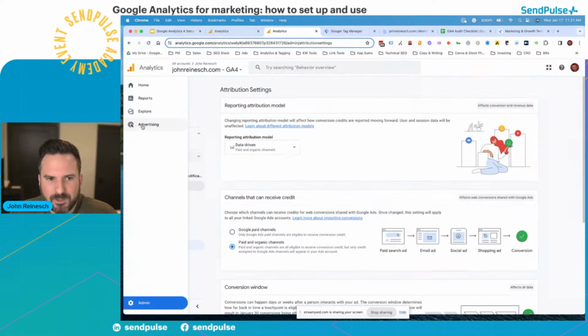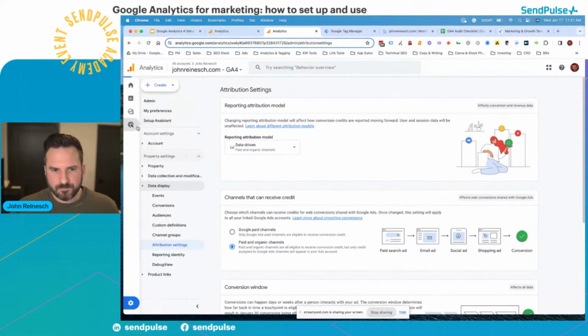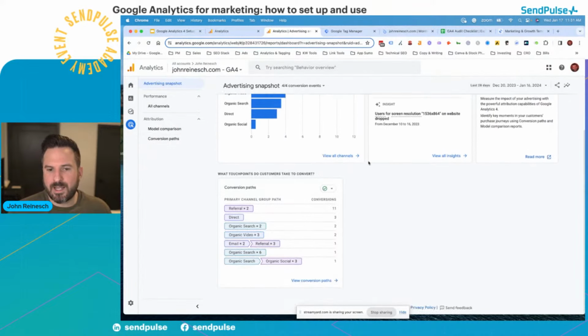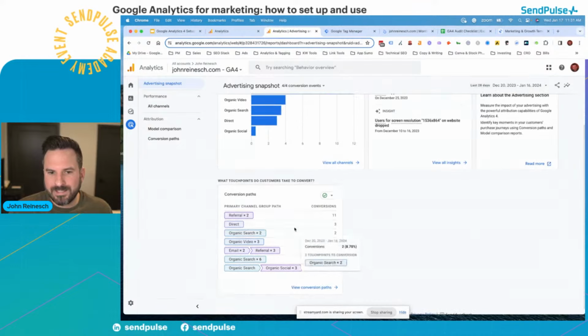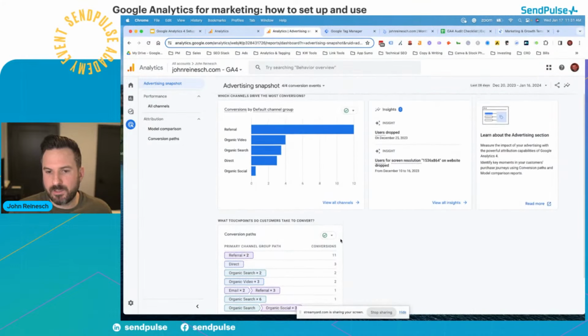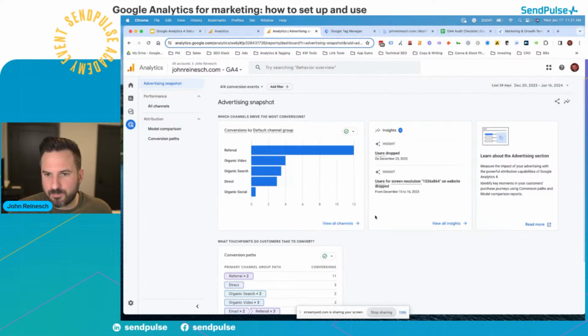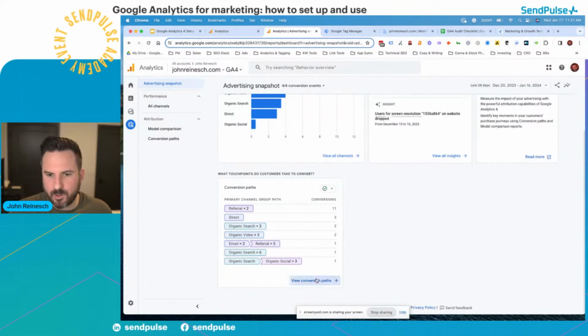It's actually under advertising in the menu. So if we go to advertising, this is going to give us some of those reports we used to have, those multi-channel funnel reports from Universal Analytics. We can see the conversion paths, which is always an interesting report. We can see conversions by channel here, but this one, if we go to view conversion paths,